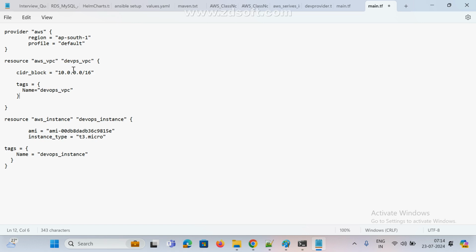Yeah, DevOps. This we can give any name. This is the local name, right? We can give ABC also. It will work. Whatever name we give, ABC, that is these and all local names. We can give any name, XYZ. It won't affect anything. This is main, this is the syntax. This is our local name only. We can give any name. That is not an issue.